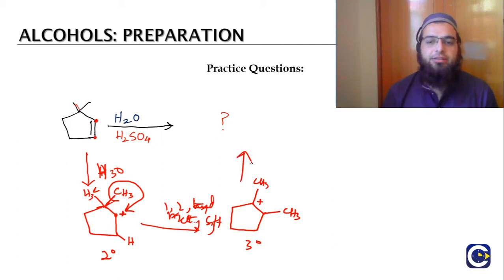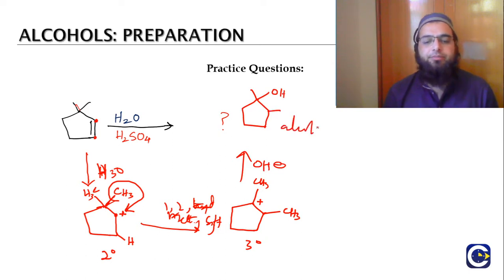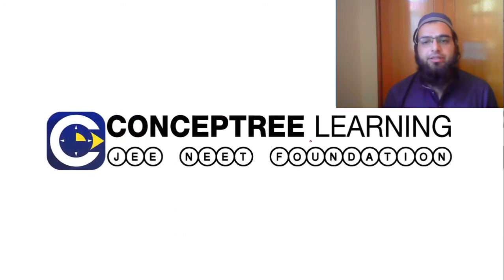In the final step of the reaction there will be the production of the alcohol. So this will be the hydroxyl group, and this is the final product, this is the alcohol that we have obtained. So in the next videos we'll be discussing other reactions for the production of